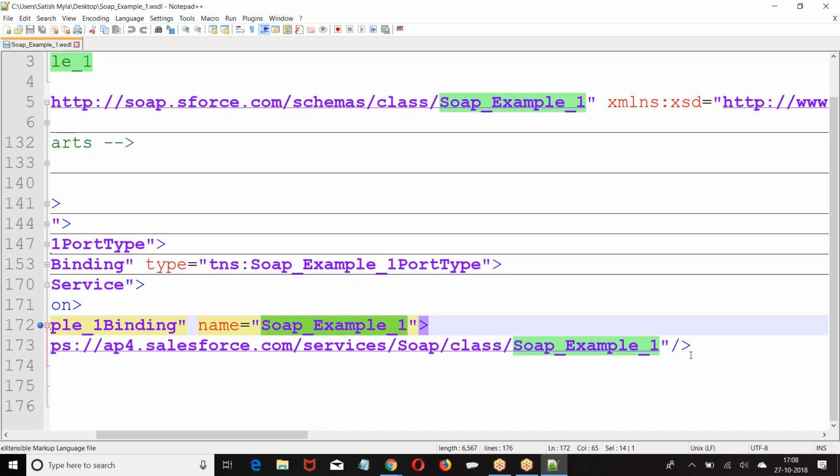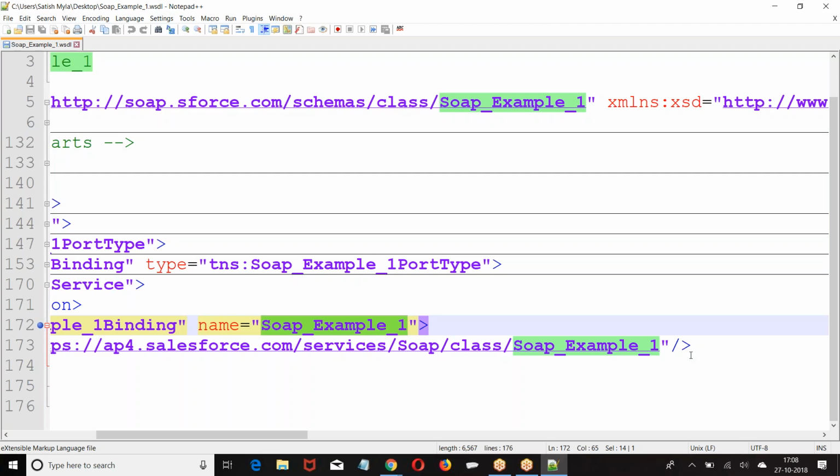The same one, if you want to refer to it in SOAP, how do you refer to it? ap4.salesforce.com/services/soap/class/soap example. So the service will have the port, the name of the port, and the corresponding URL of the port.